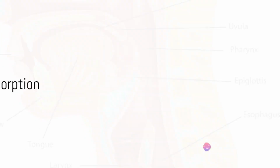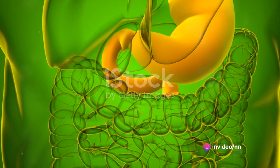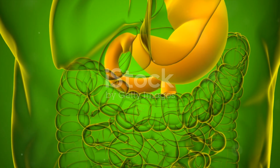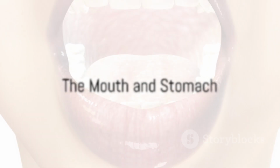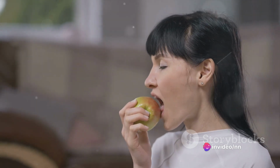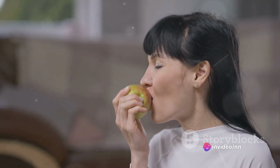Ever wondered how your body manages to turn that delicious meal into the energy you need to conquer the day? It's all thanks to the intricate processes of digestion and absorption. The journey begins at the point where your senses engage with food. The sight, smell, taste, and even the mere thought of food stimulates secretions and movements in the gastrointestinal tract, or